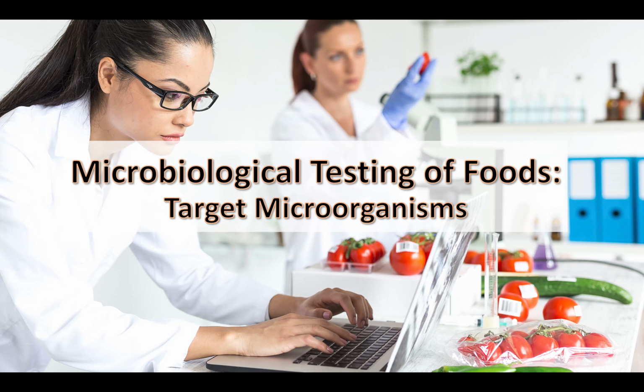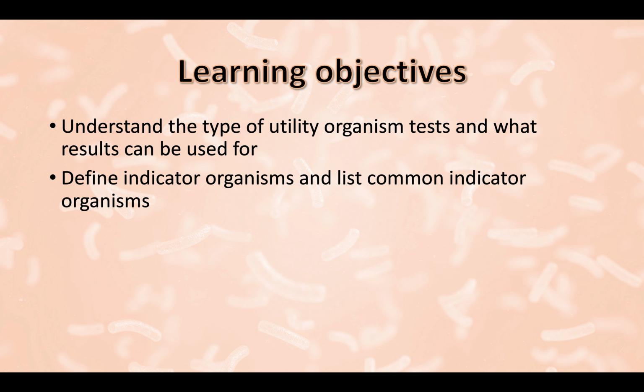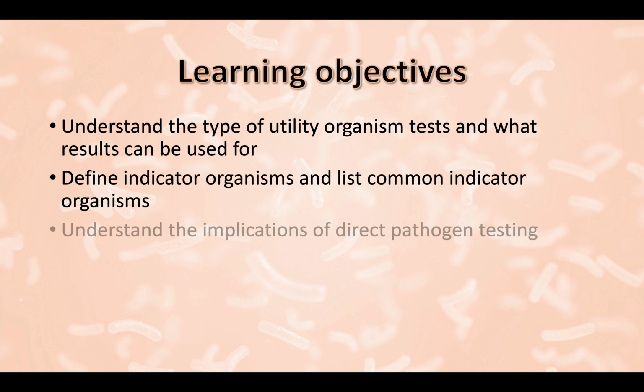Target microorganisms. This is the module on microbiological testing of foods, and this lecture covers target microorganisms for testing in foods and the food processing environment. This presentation aims to aid in the understanding of utility organism tests and how to utilize these test results, define indicator organisms and list common microbes used as indicators, and finally, to understand the implications of positive or negative results